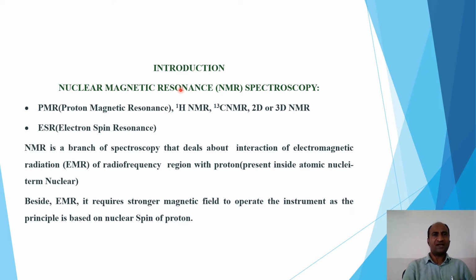The most widely used one-dimensional NMR technique is also known as proton magnetic resonance spectroscopy (PMR) or 1H NMR, because 1H is the natural abundance isotope of hydrogen. Besides that, carbon is widely present, but in the form of 12C. However, 12C is not NMR active, so to find out the number of carbons in any molecule, we carry out the analysis of 13C NMR.